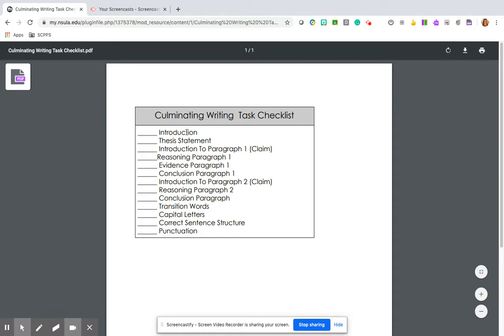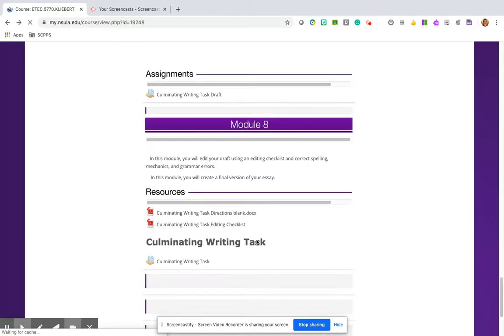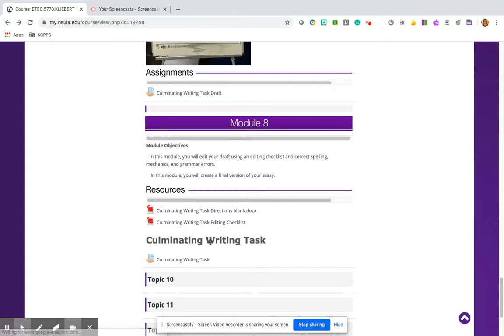So they have an introduction, a thesis, body paragraphs with introduction, reasoning, evidence, conclusion, transition words, capitals, correct sentence structure, and punctuation. This is kind of just an overall checklist for them, so they can check their draft, and then they come and turn it in.